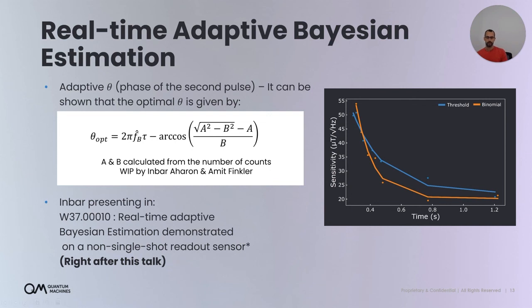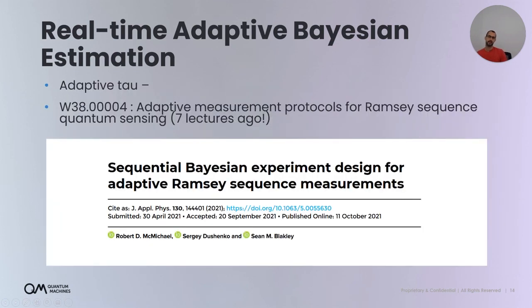The second thing that we can do is have an adaptive tau, the time at which we probe the Ramsey sequence. Usually you just increase it by a multiple of 2 every time, but you can do it adaptively. We just had a talk about that in this session not long ago. Once the paper was out, we saw that and got excited. We implemented the code for that with the OPX, quite simple. We're now working on getting the results and seeing what we can actually do with that. Again, it is something which we can do in real time, which will increase the performance a little bit.